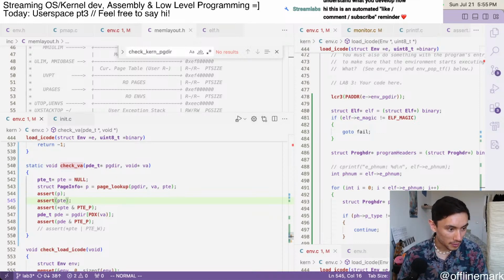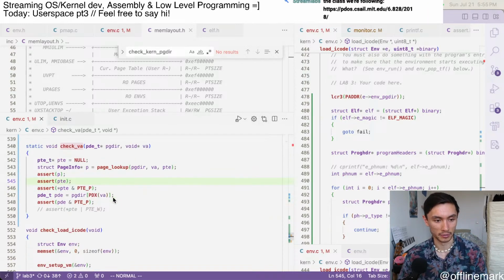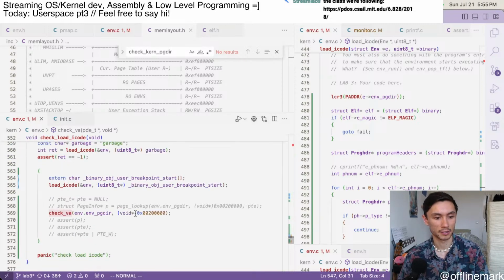Right, so I have no idea how to pronounce your name because it's not valid. It's not unpronounceable, but I'm just following this MIT course right now. And I'm working on the third lab, which is where we load user programs into memory. And I'm trying to validate that this